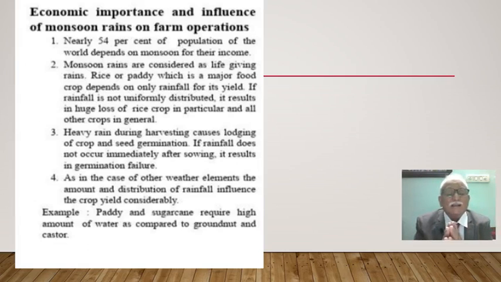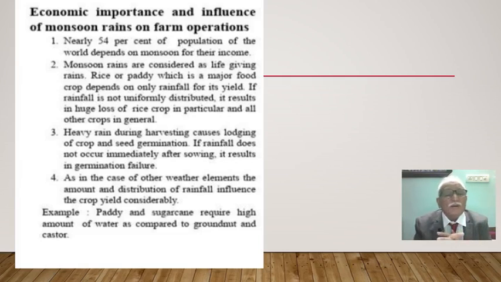This is how. Now, what is the economic importance? As I said a minute back, it's a wonderful phenomenon. Southwest monsoon, the gradient is from seas to land. Northeast monsoon, the gradient is from land to ocean or seas. So wonderful phenomena. When it is from seas or oceans to land, okay, warm moist. When it is from the land to oceans, cool, dry air is there. So because of which we get copious amount of rain.